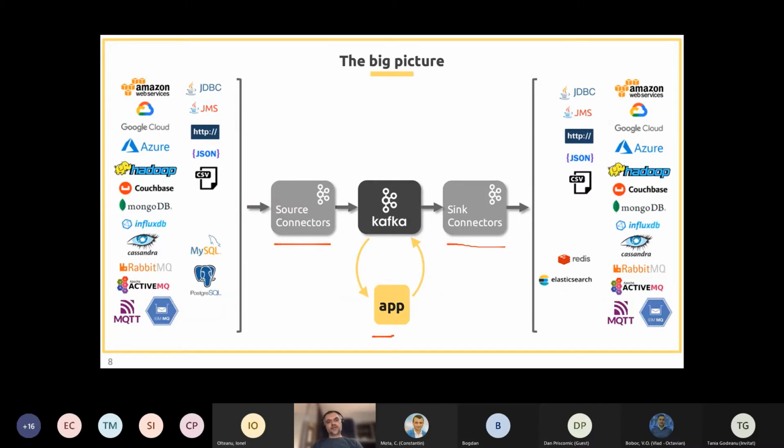And we have sink connectors that read our new aggregated data, again can apply some light transformation, and after that it is pushing the data to the destination.